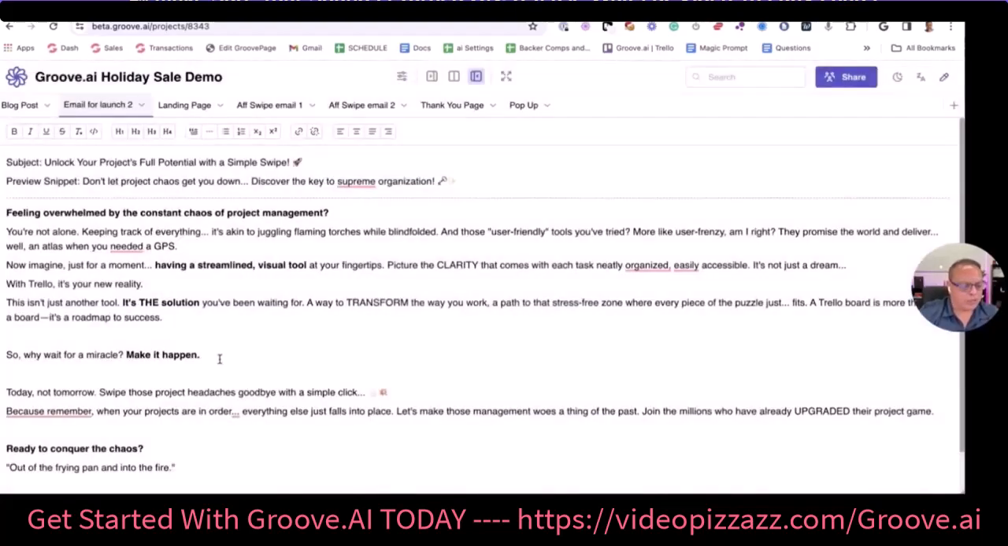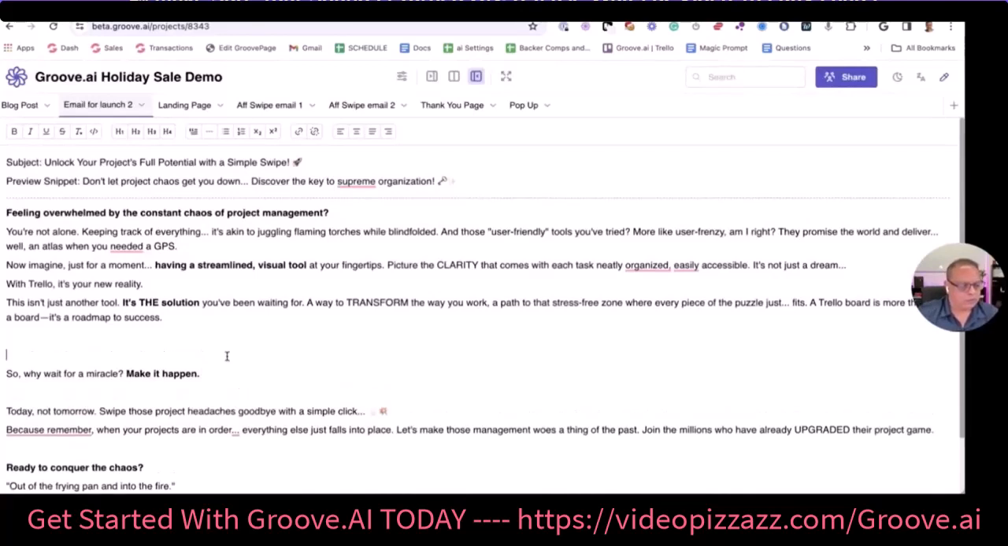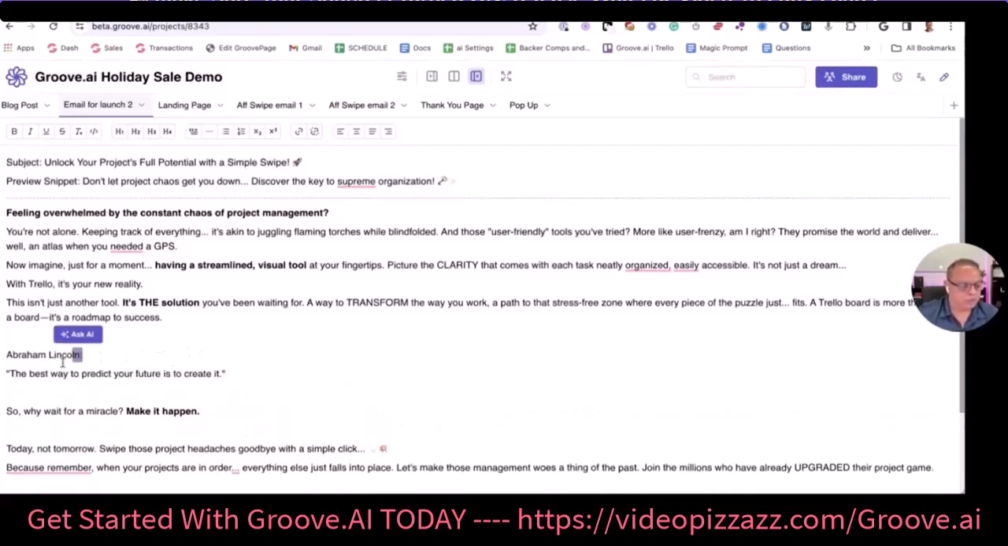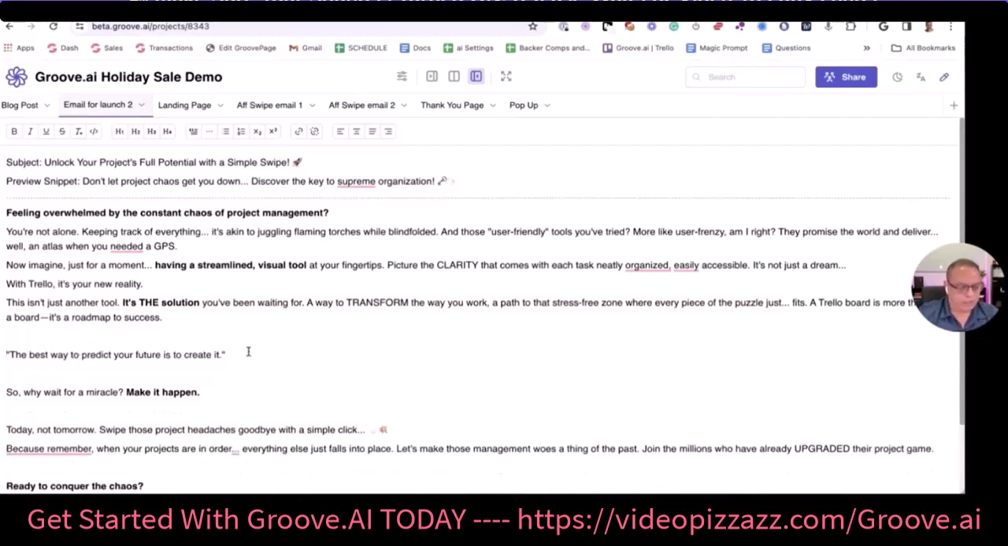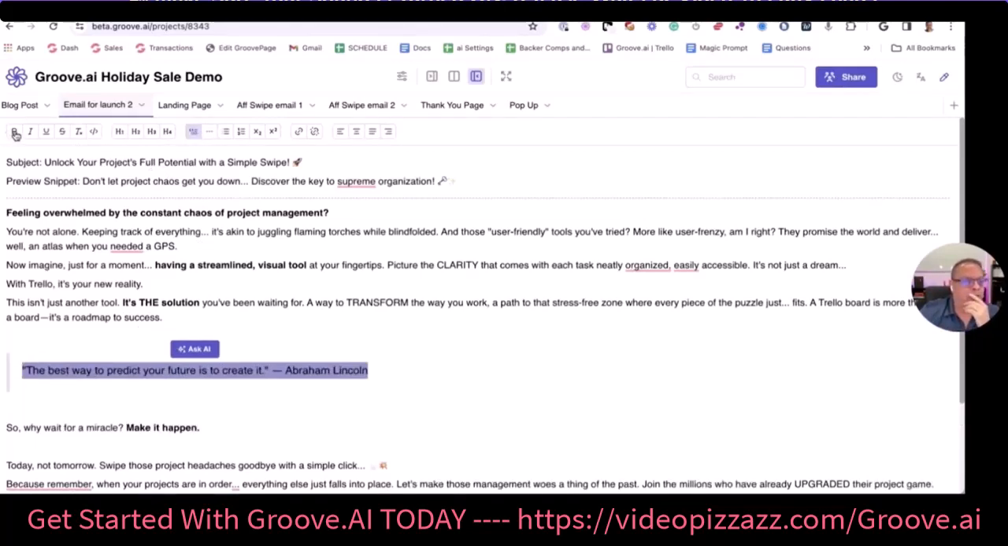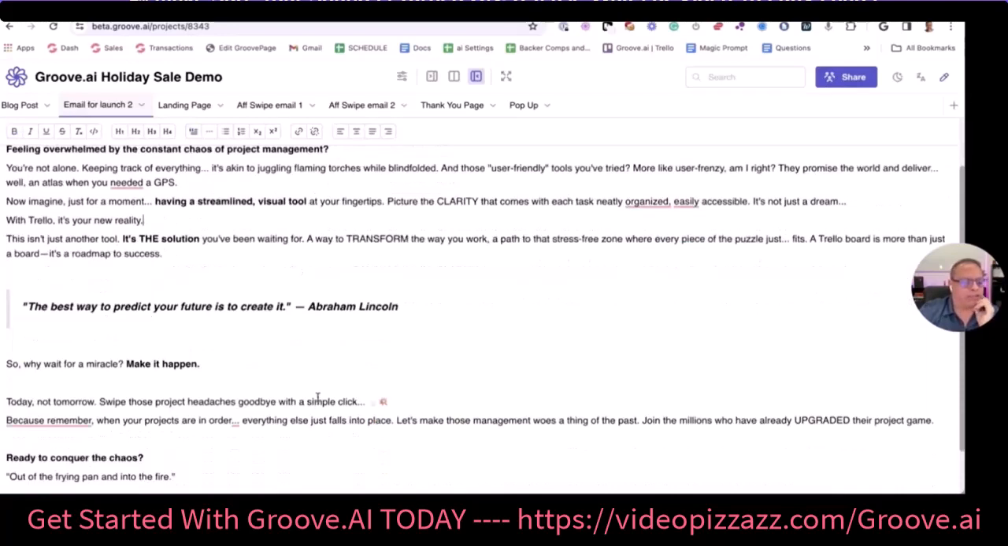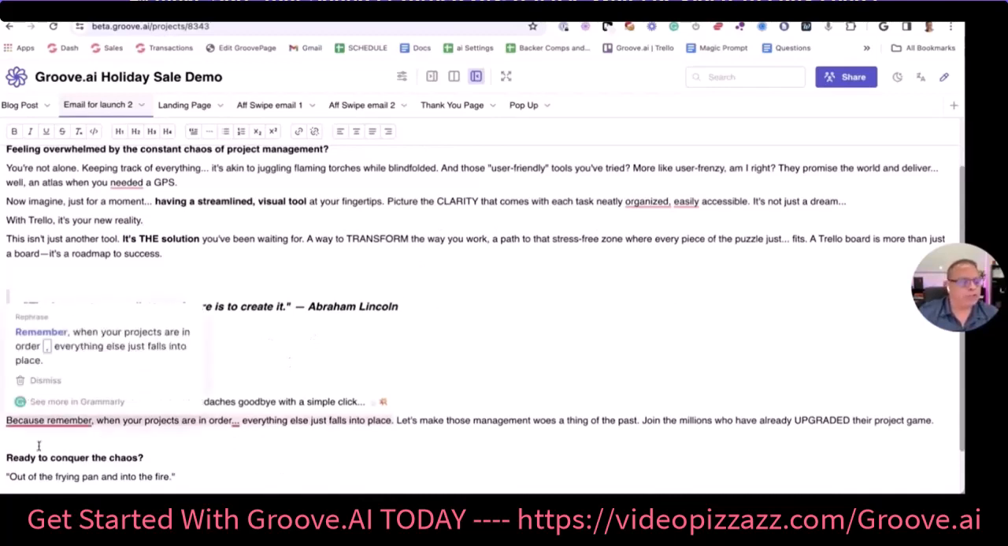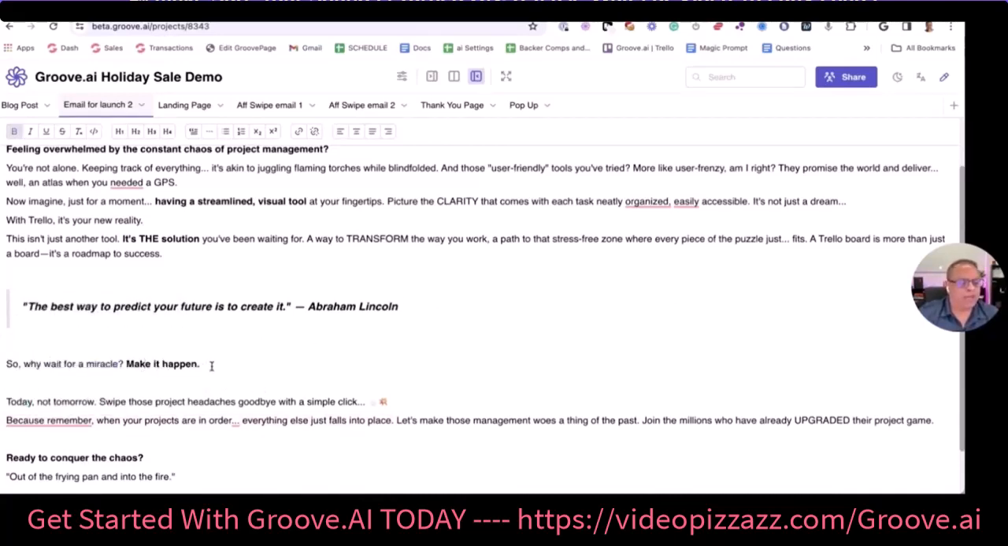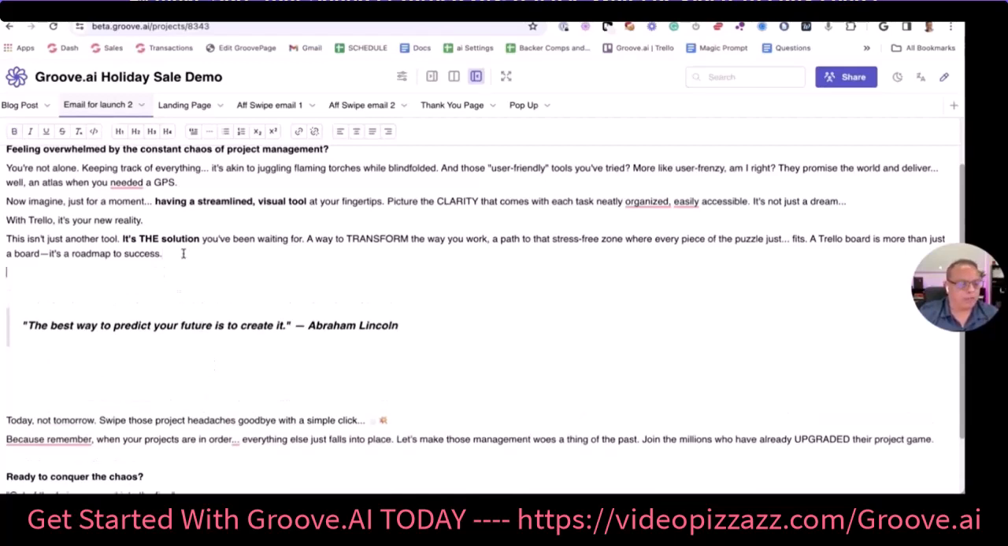You can now do something like this. You simply put Abraham Lincoln like this, and then do that big old dash by hitting Option Shift Dash, and you get the big dash. We put Abraham Lincoln, and now we're going to take this, go into here, and click on this quote thing right here. And I'm going to make it bold and italic. And so now I've got something like that in my copy. The best way to predict your future is to create it. Abraham Lincoln. So why wait for a miracle? Make it happen, right? Or I can maybe put that above it there like that, so there's a little more